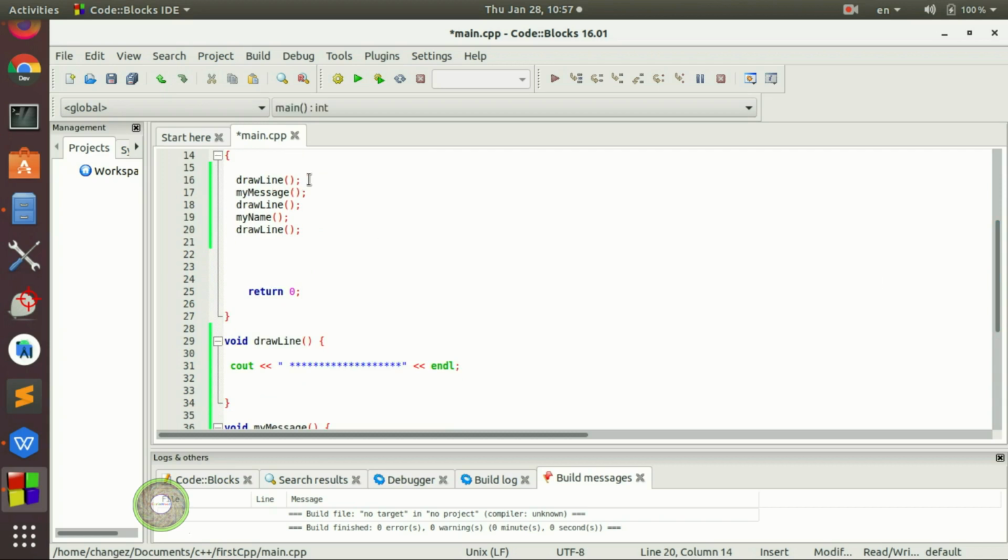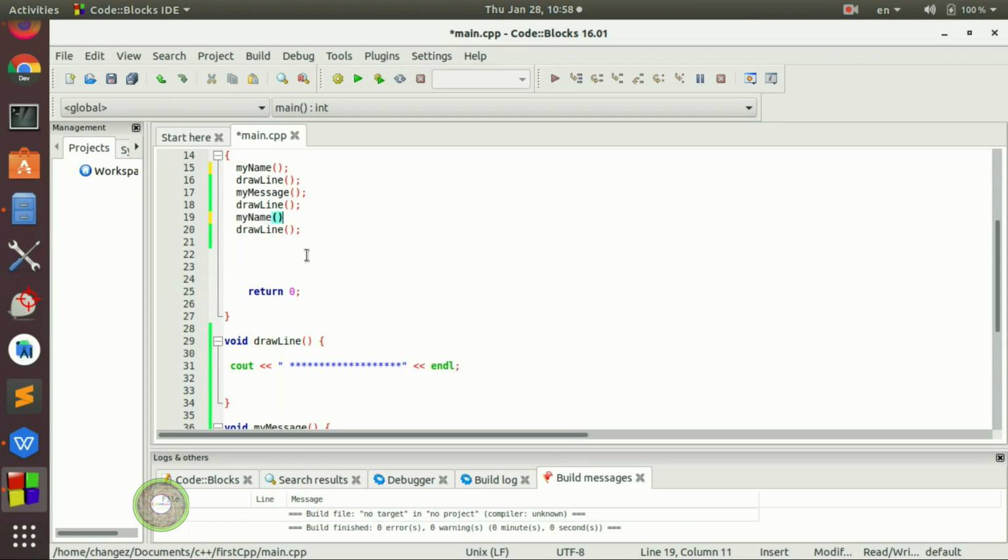So I want my name to display first. Then I want the C++ to display this draw line, then I want this C++ to display my message, then I want this C++ to draw line, then I want this C++ to display my name,